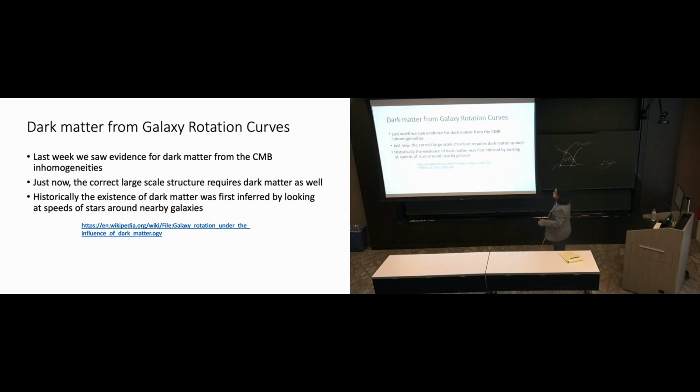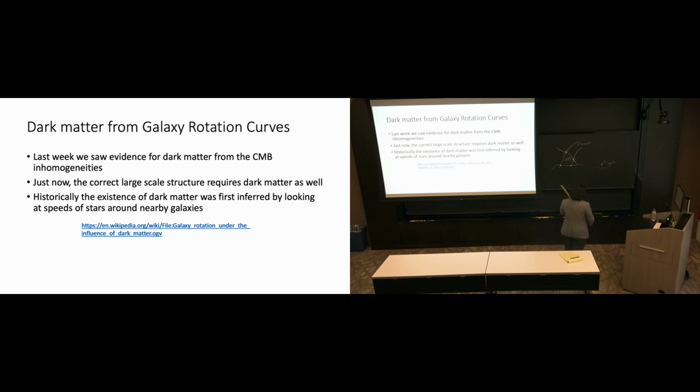Okay, so now that I've said something about stars, I wanted to say, because I think it's of some interest: last week we talked about the evidence for dark matter from the cosmic microwave background needing to get those inhomogeneities correct. And just earlier, as I told you, what's really driving those simulations and the process of the large-scale structure forming is, again, dark matter. And so we see it in the agreement between those enormous surveys like the Sloan Digital Sky Survey and what we predict from the large-scale structure in these simulations.